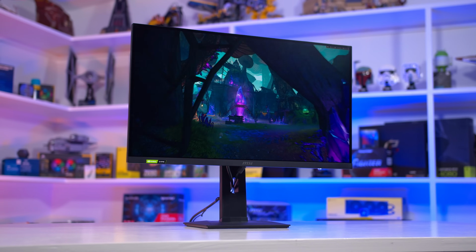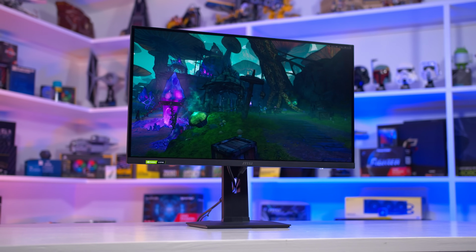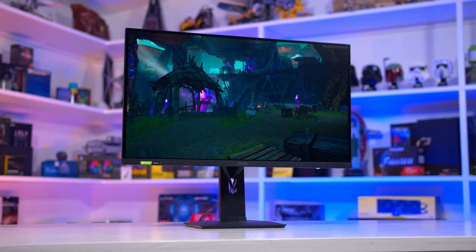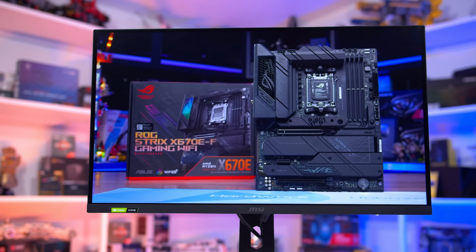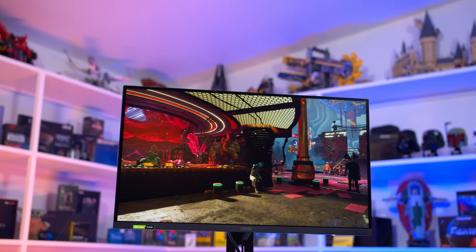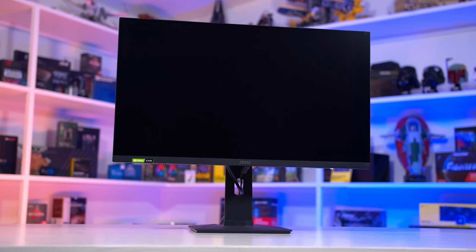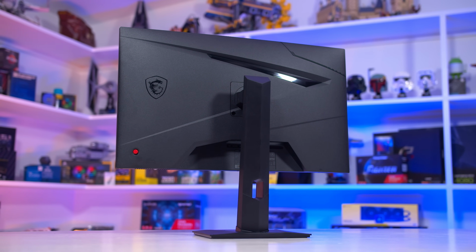MSI complements this with the inclusion of sRGB, P3 and Adobe RGB modes, all of which offer good gamut clamping and reasonable calibration. Other areas of performance trade blows with other mainstream 1440p monitors I've recently tested. Motion performance isn't amazing, with mediocre tuning and a lack of a single overdrive mode experience, but it reported similar results to other monitors around this price point, and it's far from the worst IPS LCD I've tested. Contrast is fairly weak, though again similar to its competitors, while brightness is good and stand ergonomics are excellent. There's also no major flaws or defects here,